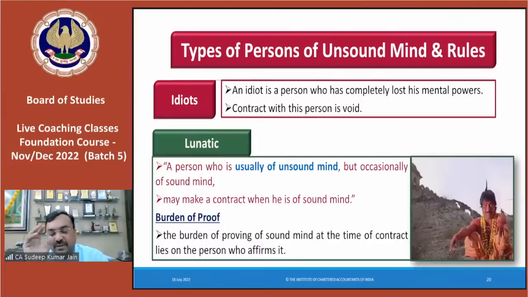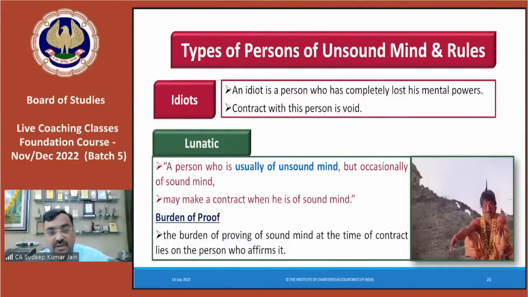Listen. Maximum time he is of unsound mind. Sometimes he becomes of sound mind. So law assumes the contract was entered by this person at the time when he is of unsound mind. But this person says the contract is valid as he was of sound mind at the time of making the contract. Now this person has to prove in the court that he was of sound mind at the time of making the